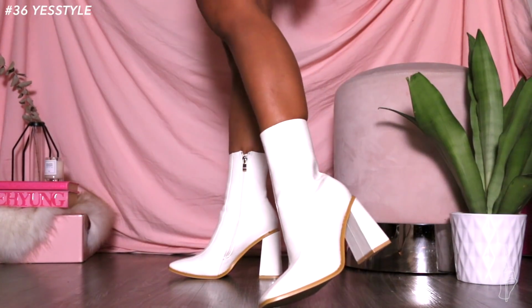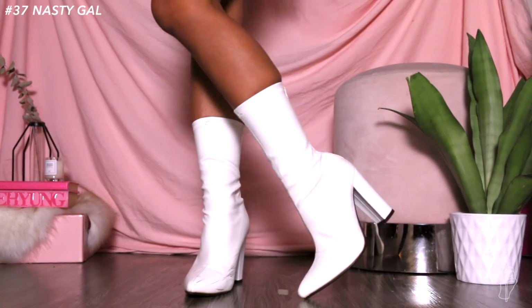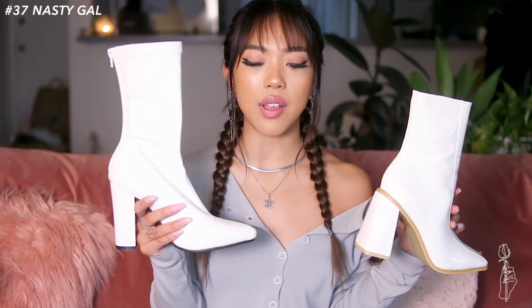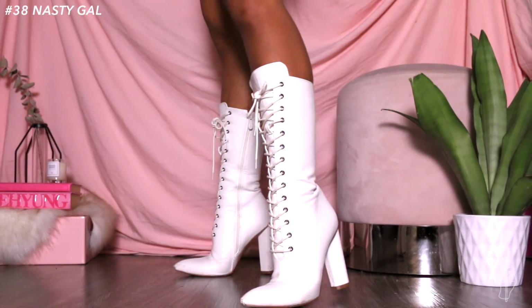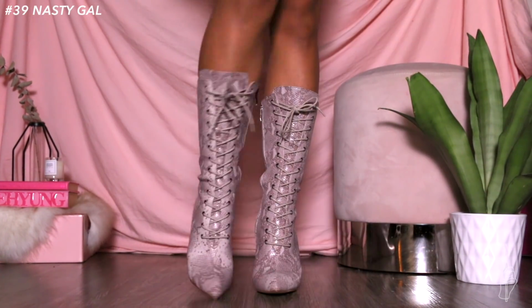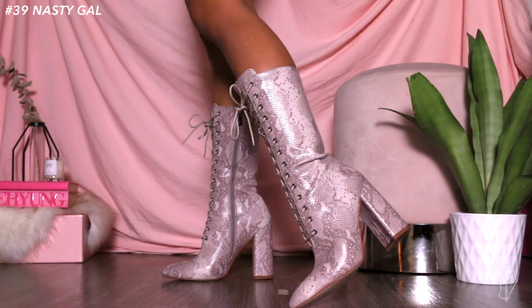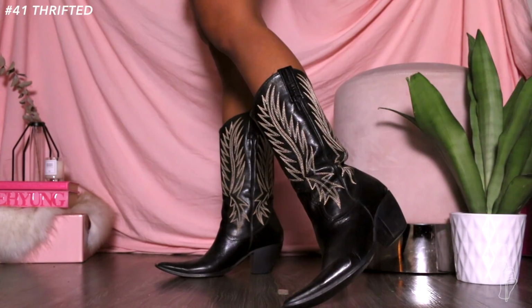I also have a couple pair of plain white booties. These ones are actually kind of similar, to be honest, so don't know why I still have these. Next, we are graduating a step higher and going for knee-high boots, although these aren't very knee-high. I also have the same exact pair but in a light purple color. Speaking of faux snake material, we also got these knee-high boots, and I also have 1 pair of cowboy boots